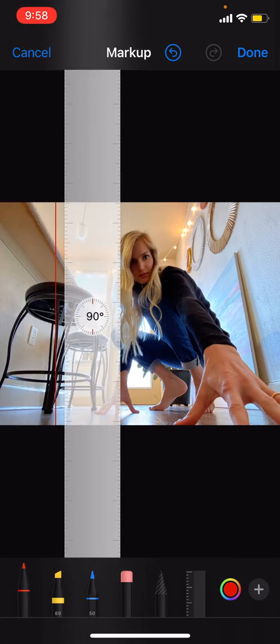So I now have my pen selected, my ruler's in place. With my finger, I'm going to draw on my photo on the right side of the ruler up against the hard edge, which leaves me with my red line on my actual image. So I'm going to grab my ruler with my 2 fingers and slide it on the opposite side of that line, lining it up so that I can now, once again, grabbing my red pen, draw on the opposite side of that ruler,